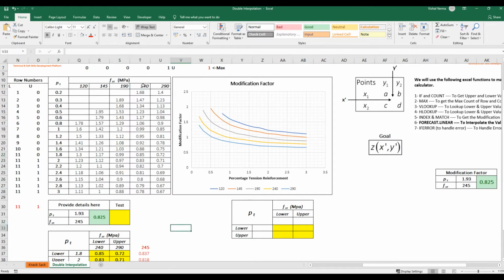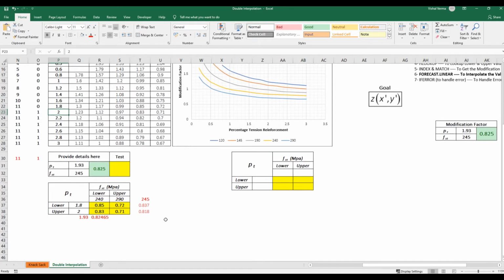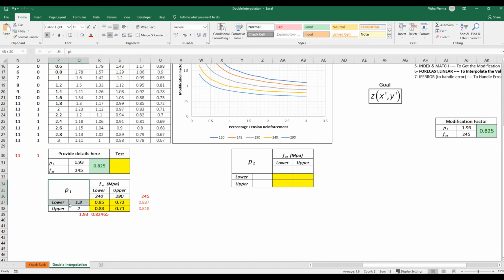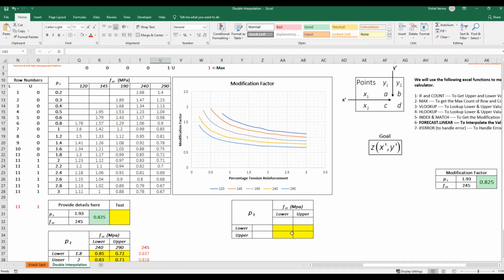So for FST, 240 is lower and 290 is upper, and for PT, 1.8 is lower and 2 is upper. Basically, we have to find the FST and PT lower and upper values and the corresponding modification factors, and after getting this table, we need to interpolate using the Excel function FORECAST.LINEAR.